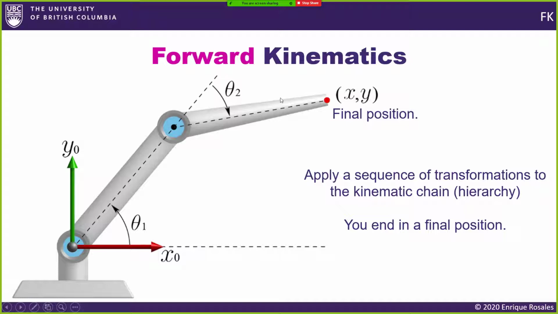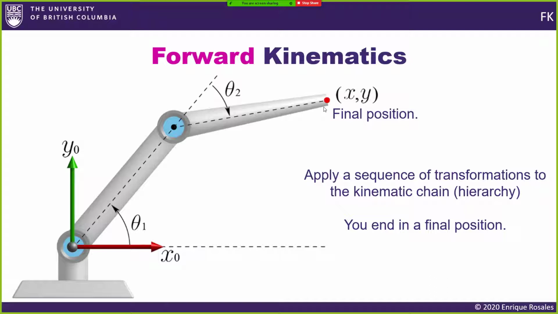So this guy also has, in this case, a negative rotation. And at the very end of your chain, you have a final position. So when you're moving the robot using forward kinematics, applying the transformations first to the parent and then to every possible child in that chain, you end up